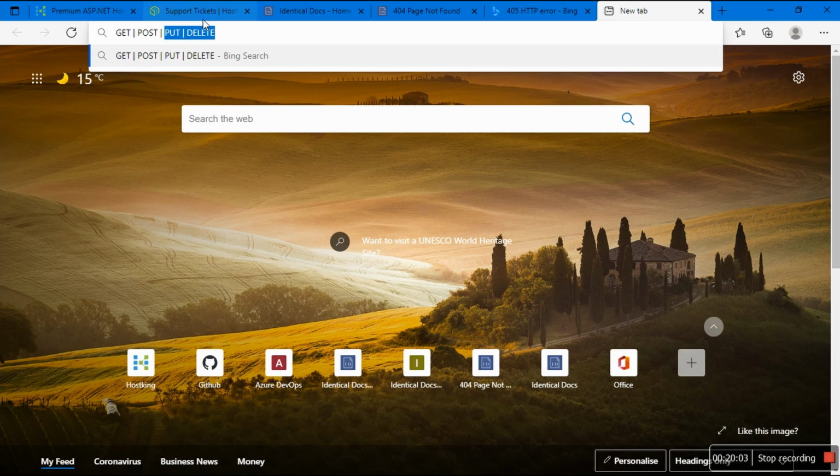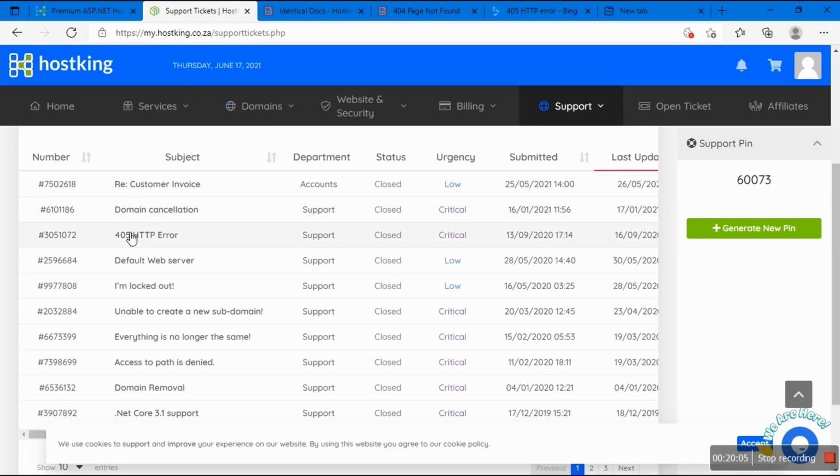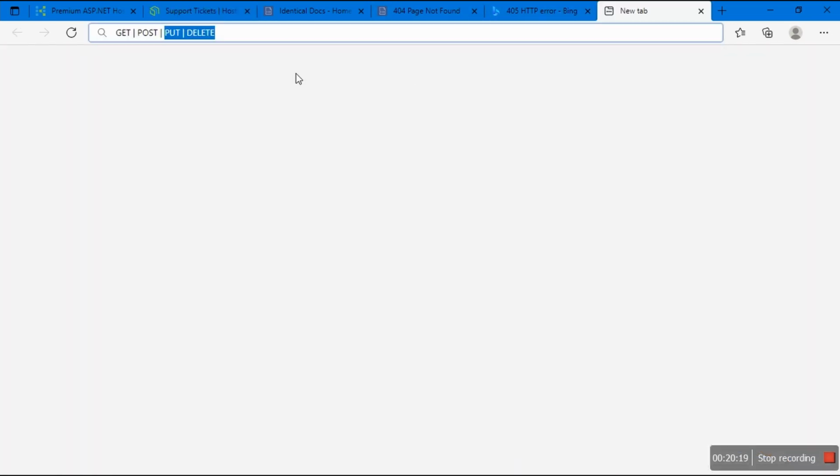And this is not the first time I bumped into this 405, because I have a massive system called SPY8. That's when I first learned about the 405 HTTP error, when I tried to delete a resource. So you should know the stuff that you might get yourself into. So that's one of the things.